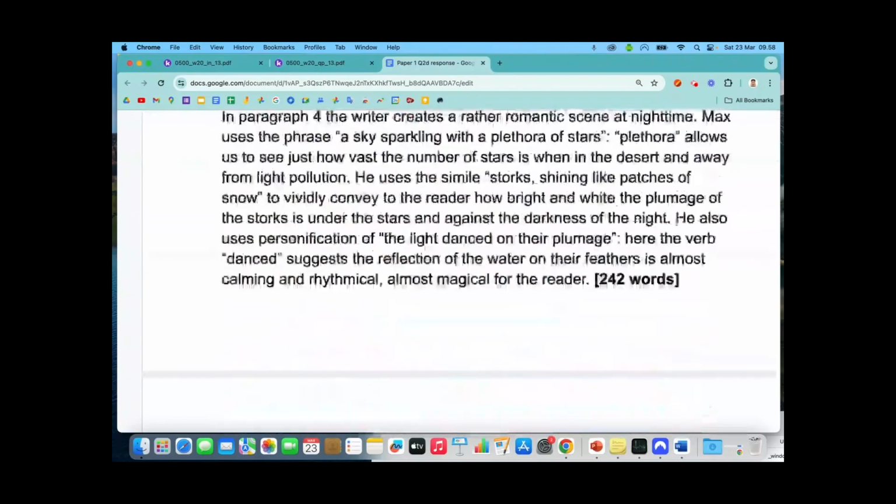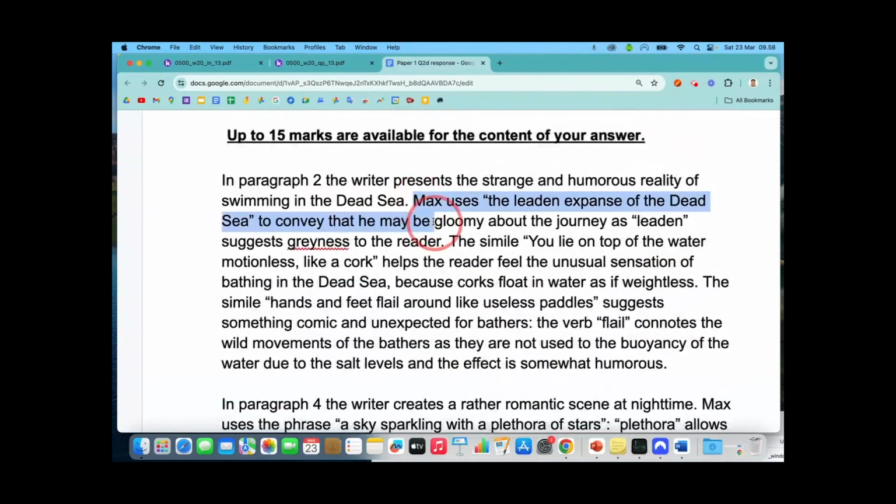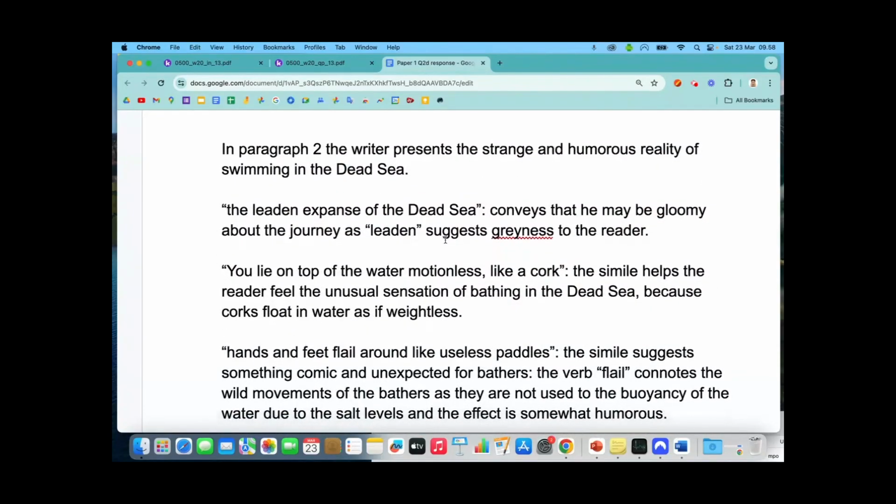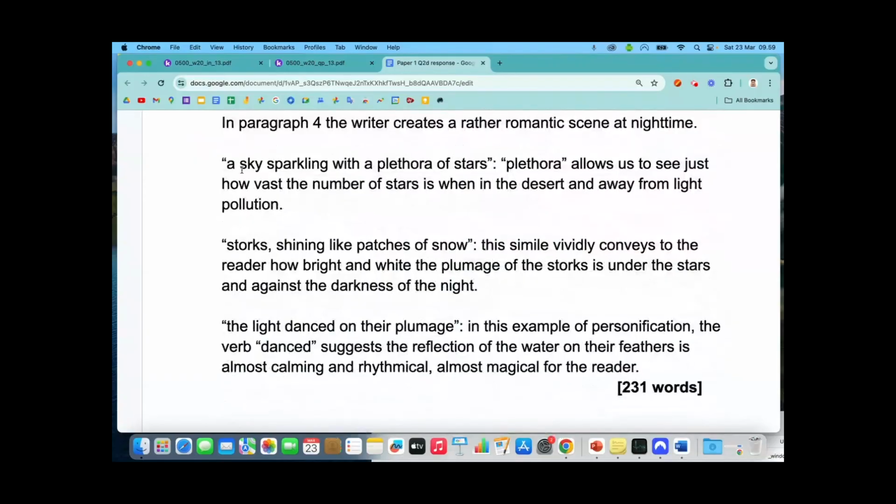Exactly the same way as what I've done here. It's just separated out. So if you are somebody who kind of loses count of where you're at, how many quotes you've included, whether you fully unpack them, this might be a way. And of course, you could actually number these if you wanted to. Quote 1, 2, and 3. Just make sure, of course, you're giving that overview at the start. And the same here. You see quote 1, quote 2, and quote 3. Save myself a few words. So these are two different ways that you can approach and write your response up to question 2D.